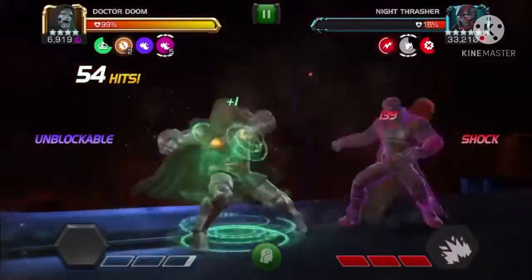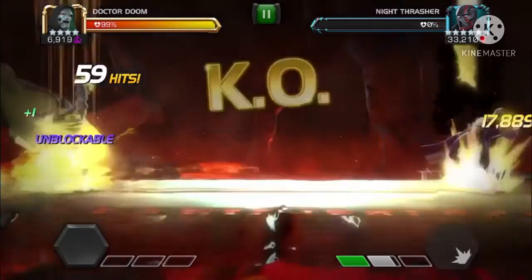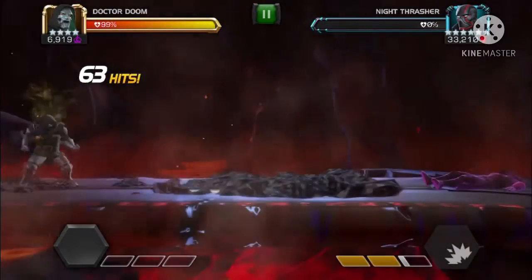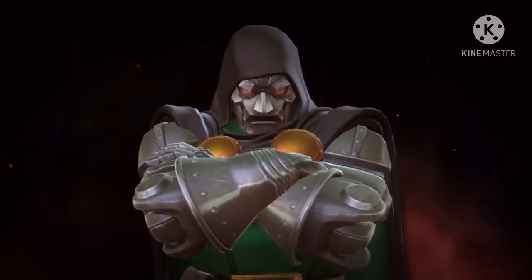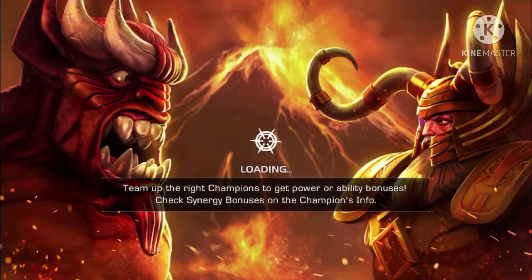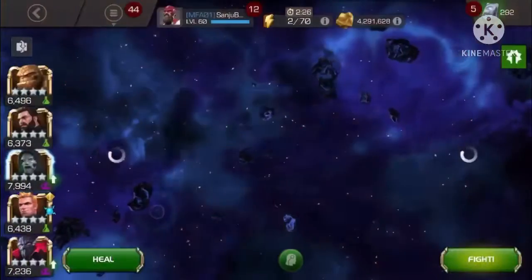Light, medium, SP1, and an insane SP2. Boom, boom, boom. Oh, that was quite nice, wasn't it? Anyhow, and we move on to the next fight, which is Silver Sapphire,